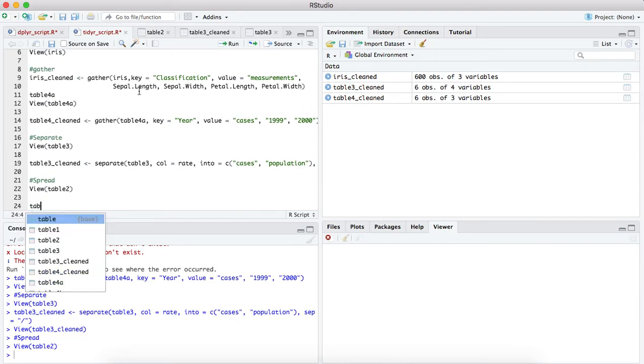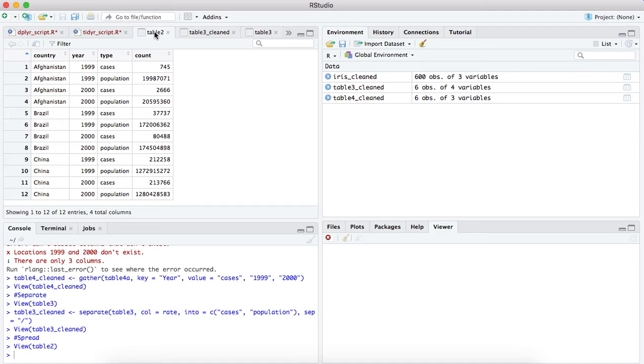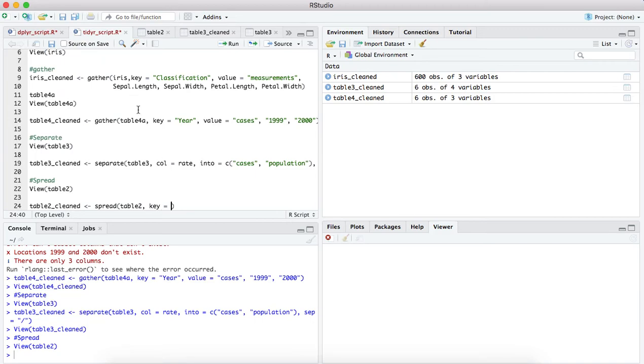So I'm also here gonna create table 2 cleaned. So I also wanna create another data set, table 2 cleaned, and then call upon the spread function, and our data is table 2. Okay, and now I wanna start with the key. What will be my key? So if I quickly get you into table 2, my key in this case is gonna be type. You see, because that is what I want to work with, the type column. So here I'm gonna say type,